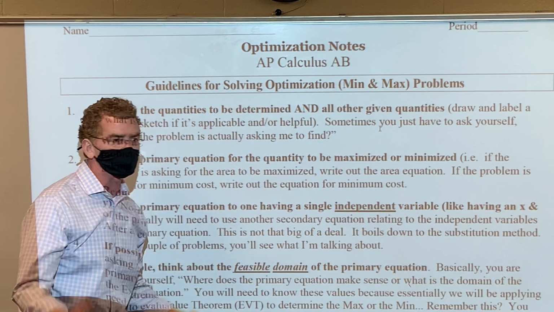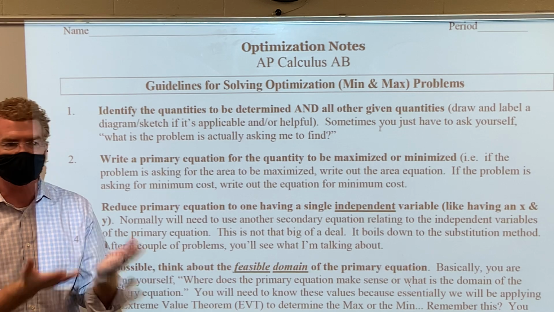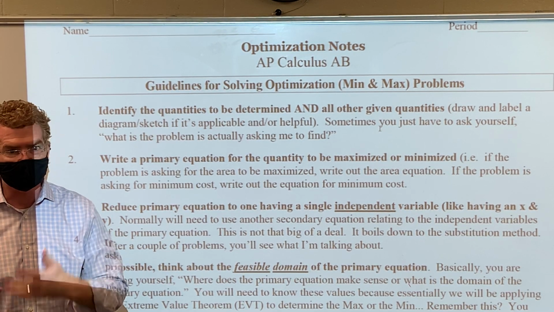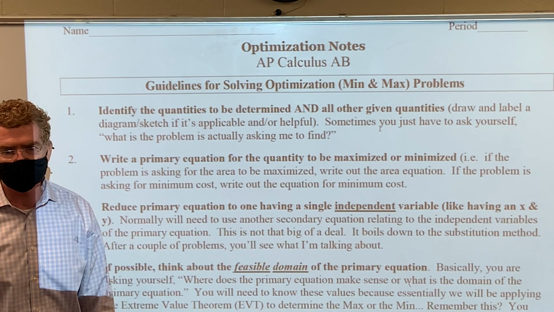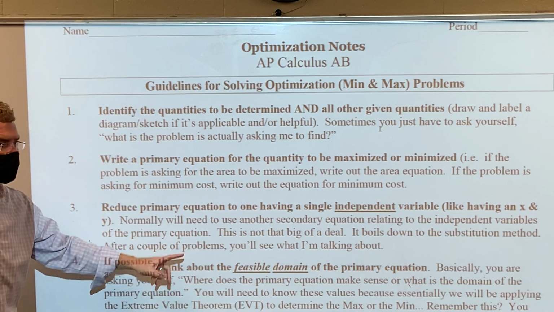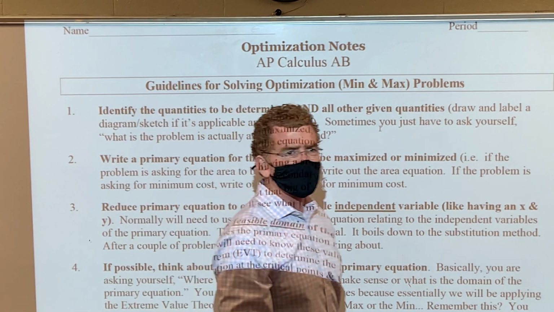Every year I have somebody, it's really unfortunate because it's hard for me to give you credit on a maximizing volume problem when you have a perimeter equation that you're working with. There's no points to give you. It's like you've done a completely different assignment. All right? And then also think about feasible domain. What I mean by feasible domain is, do you know,